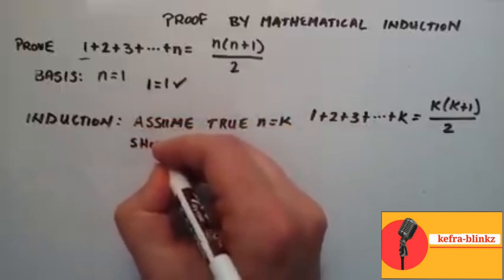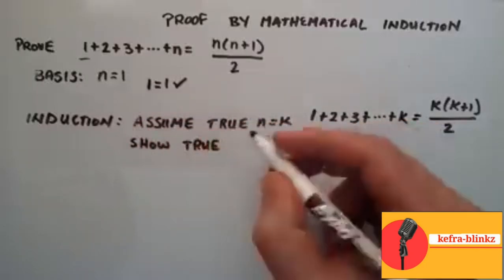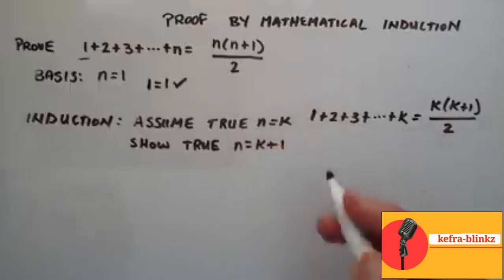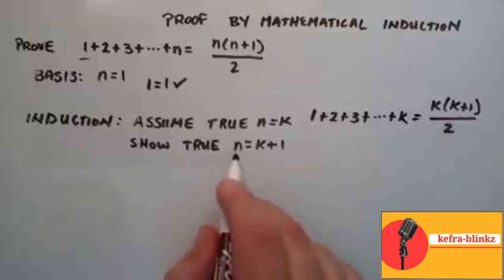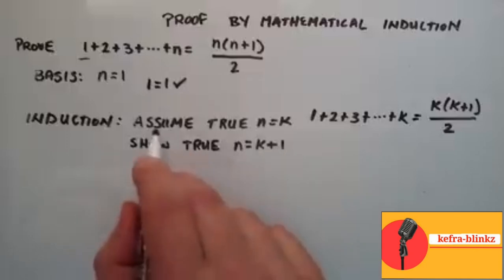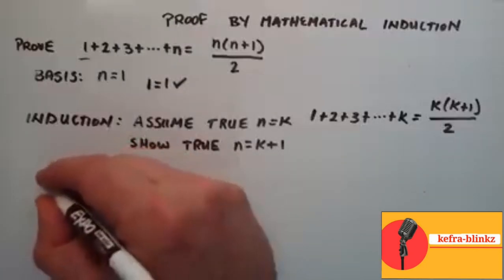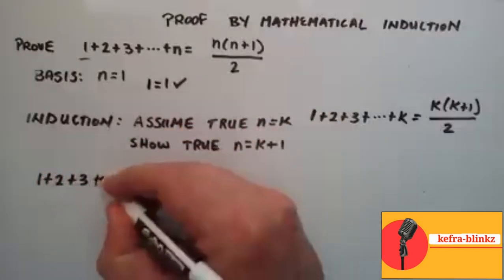show that it is true for n equal to k plus 1. So we've assumed this step is true for n equals k. We're going to show that it's true for n equals k plus 1, and we're going to do that based off of this assumption. So for n equals k plus 1, we basically have 1 plus 2 plus 3 plus